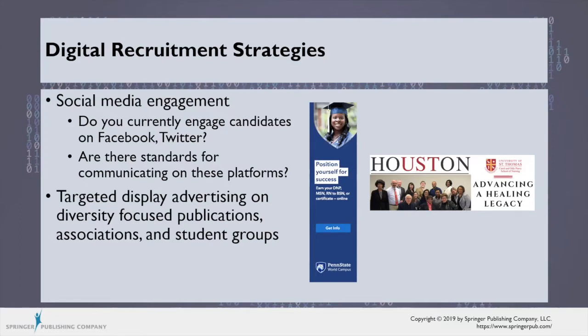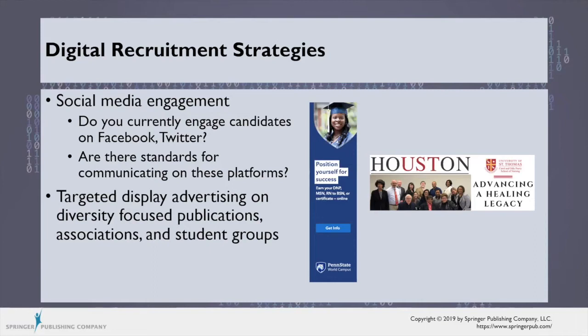Because oftentimes a candidate's first touch point with you is not going to be overwhelming. That's more about branding and recognition. So it's important to create that digital dialogue with that candidate over time. And that's often achieved through diversity recruitment, through really focused publications, associations, and student groups. So there's a great organization called the National Coalition of Ethnic Minority Associations, a very long acronym, but they represent a lot of different